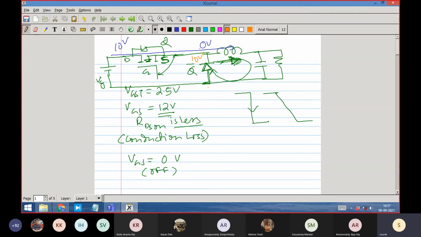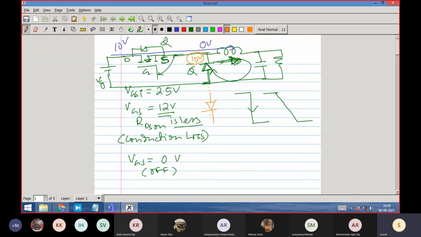But the moment you turn off this, how much voltage is it blocking? This point is 10 volt and this point is 0 volt, so the blocking voltage is 10 volt. Blocking voltage is equal to VG, the input voltage. But when you turn off the main MOSFET Q, the diode D automatically comes into play, because this inductor current will force it to flow. So suppose you put a diode wrongly,